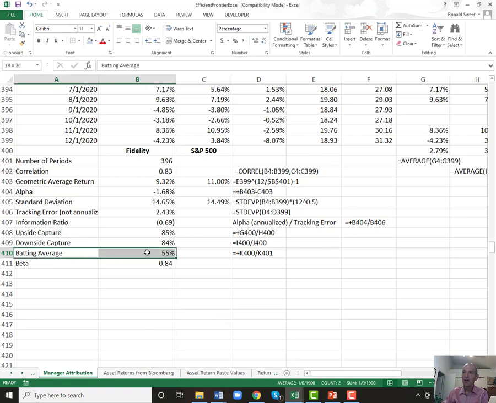And when we did our analysis at UTSA, batting average was one of the strongest indicators of manager performance. Managers with good batting averages tended, it wasn't strong, it was maybe 52% of the time. It wasn't much greater than 50-50. But slightly better than average, they would outperform going forward. So it was much stronger, unfortunately, than the information ratio, which most people think is the best ratio. It's amazing. This ratio has no predictive abilities, and yet it's the number one criteria people use to select managers.